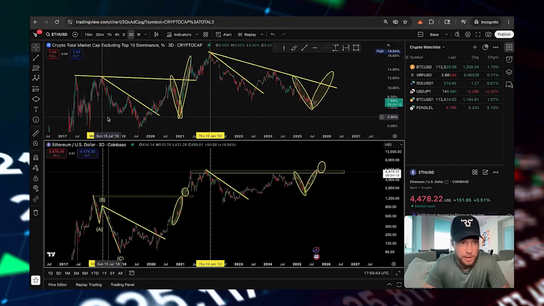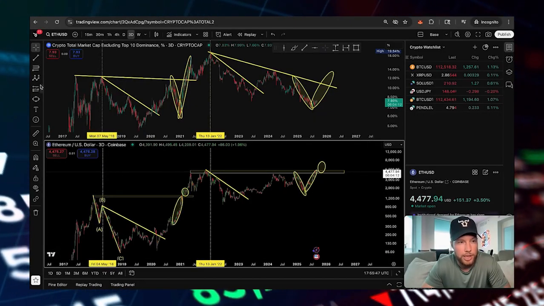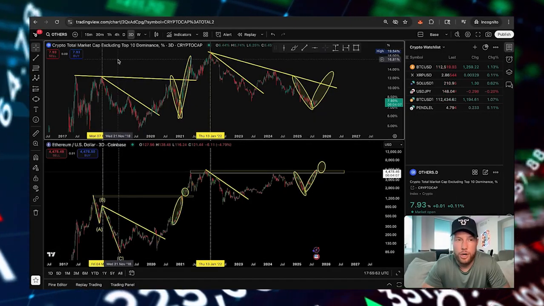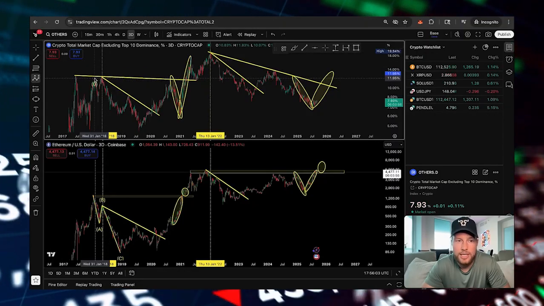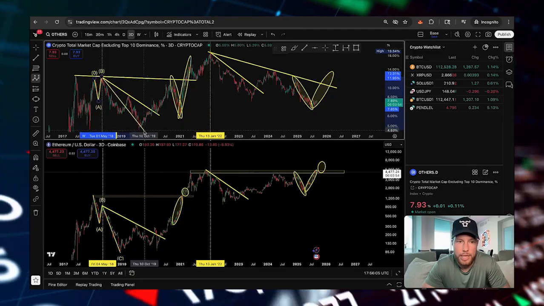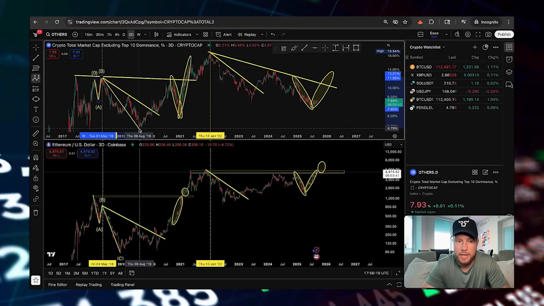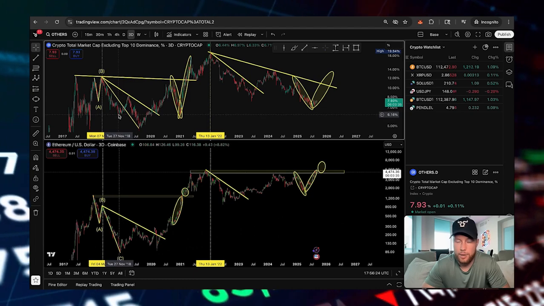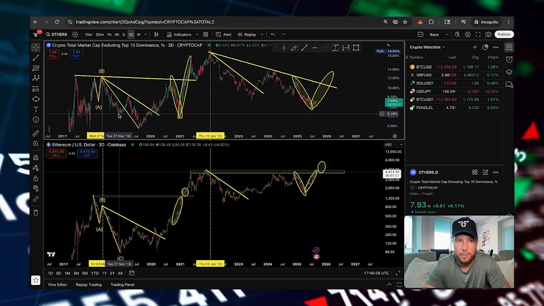Look at this chart right here on the bottom of the screen. When Ethereum pulled an ABC correction at the bottom, now look at the top of the screen at the others chart. This is everything outside of the top 10 on CoinMarketCap. And you can see the same sell-off, right? We had an A, we had a B, and then we have a C. But yet the C wave took even longer to come in for everything outside the top 10 to August of 2019. Whereas when Ethereum bottomed here, that was a higher low at about 6% of the dominance of the industry